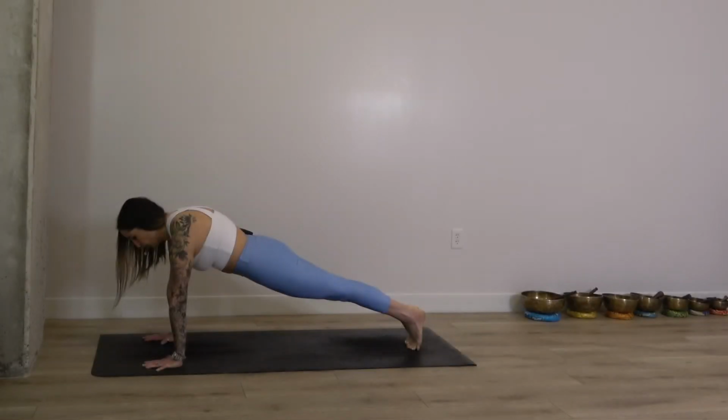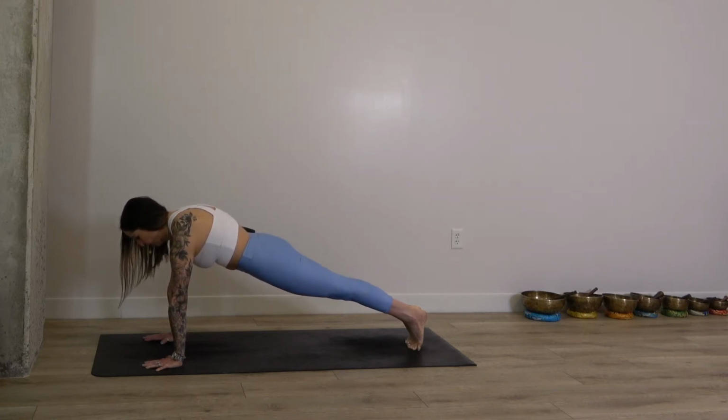And so I always start teaching students forearm stand or Vrksasana. And that's a great place to start if you want to build strength. So we'll start actually in a plank pose, and holding plank for 30 seconds to a minute, making sure to really lift the heart up into the shoulder blades,